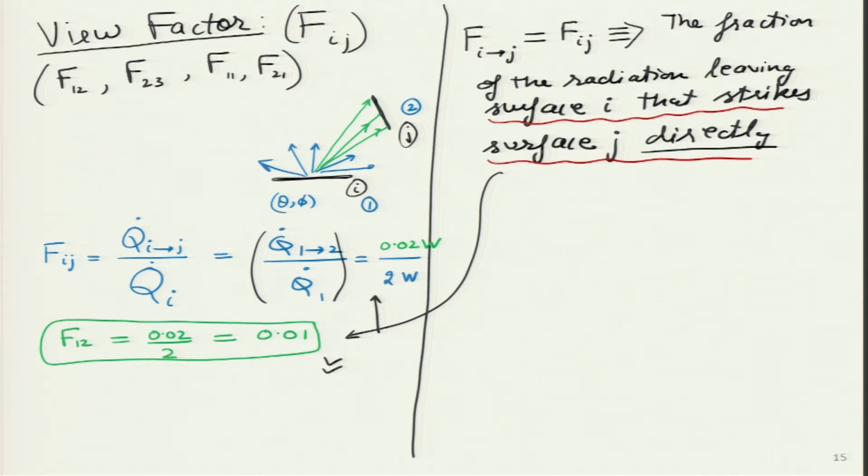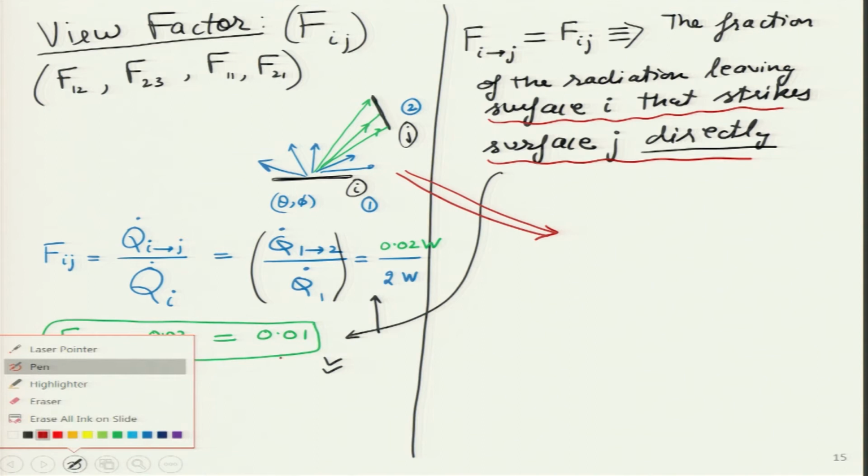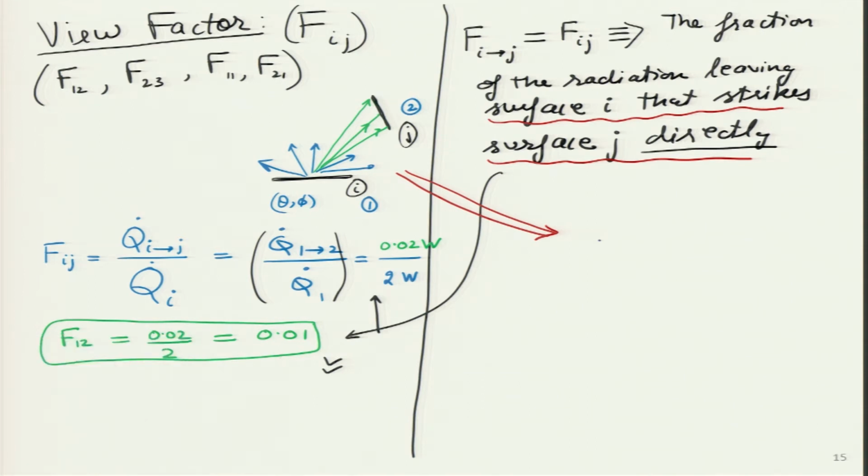Okay. Let me play around with this example a little bit more. What will happen to the F_ij value which we have calculated to be 0.01 if I bring surfaces 1 and 2 very close to one another? Now, I have brought them very close to one another. If in the earlier case the F12 value was 0.01, then in this particular case it has to be higher, maybe it becomes 0.1. What happens if I bring them so close to one another that they are just right on top of one another? Let us say the bottom one is surface 1, the top one is surface 2.